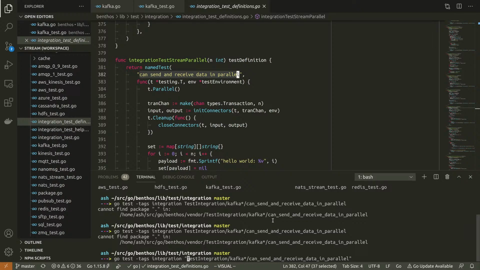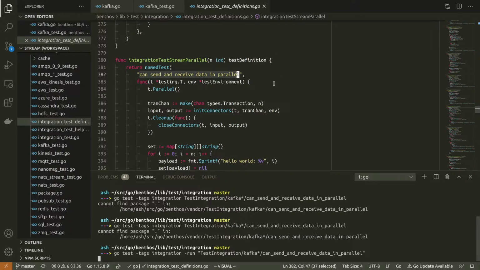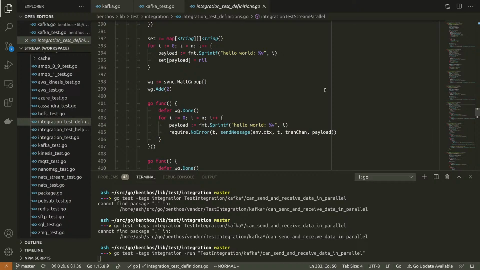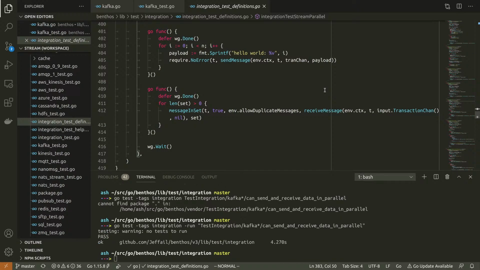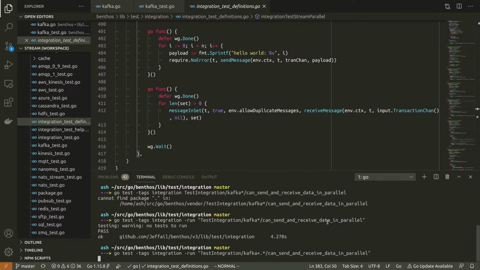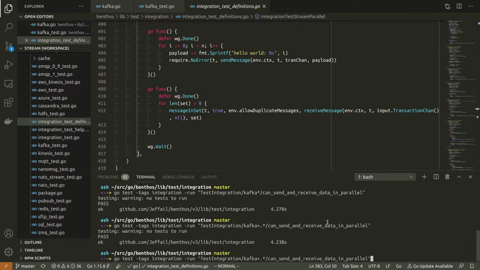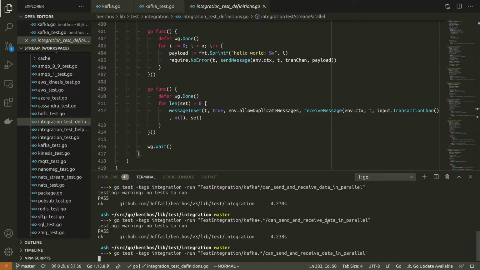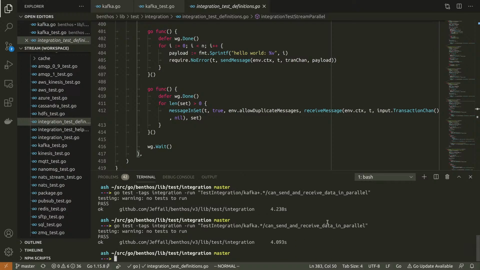I always seem to mess up Go's run patterns. Warning, no test to run. Yep, because I goofed. If it gives me no test to run again, I'm going to flip the table.